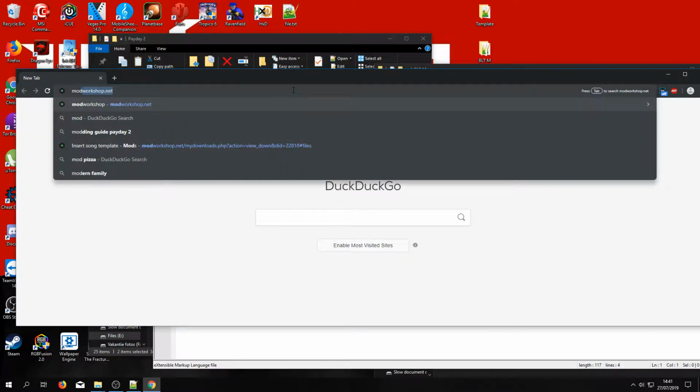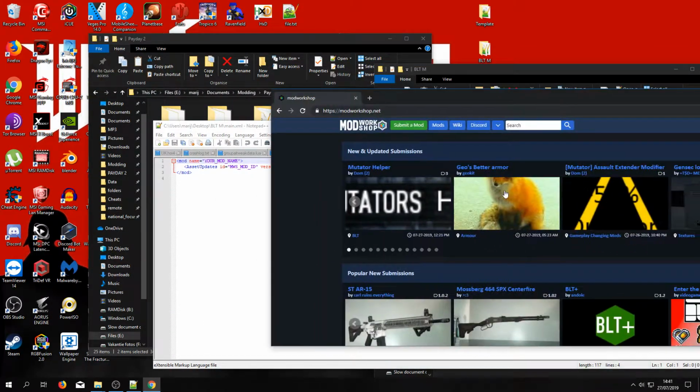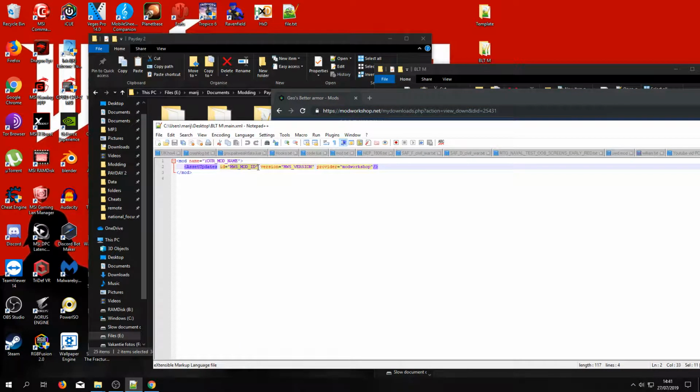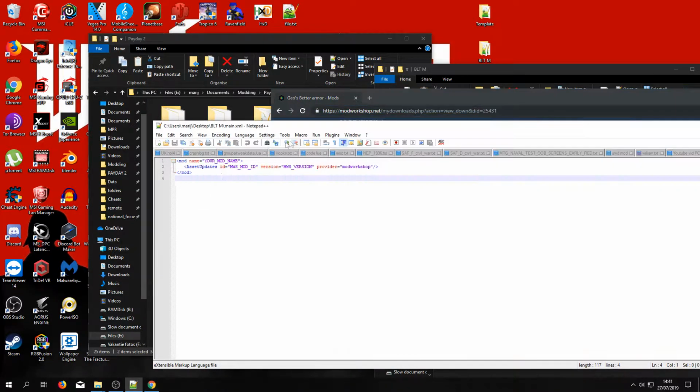So what you do is when you create a page on Mod Workshop, it will have this ID. So let's say this was my mod. We see an ID here. Now you copy this ID at the end of your link and you put it into here. Even when your mod is not uploaded yet, you can also already see this ID, so you can already configure your auto updating.